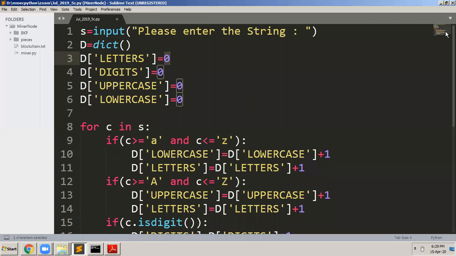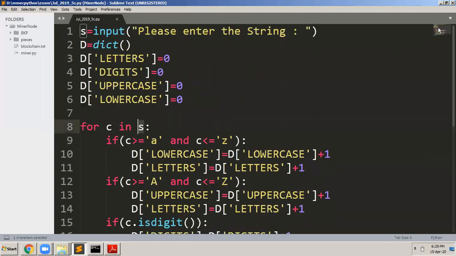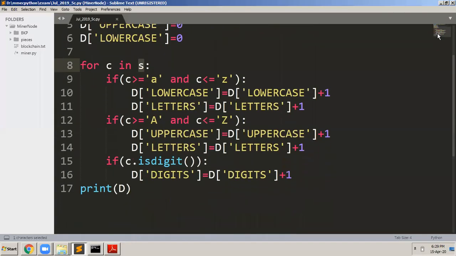Next, we only have to iterate through the string, that's it, only this much program. Now the string is entered. We have to traverse through all the characters of the string, one character at a time. So take a for loop. For c in s, what is this s? s is the string that I had entered. On the top, if you see, I have written s is equal to input, enter the string. So whatever the user enters comes into s. So iterate through it, one character at a time. For c in s,